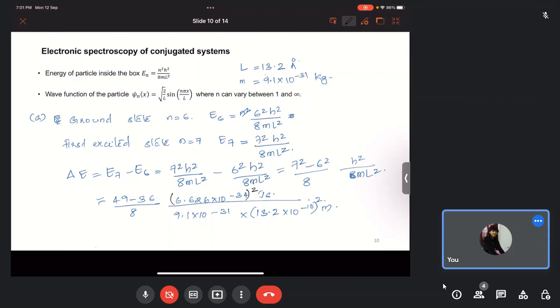Okay. So 49 minus 36 is 13 by 8. 6.626 square is 43.9 into 10 to the power minus 68, divided by 9.1 into 10 to the power minus 31 into 13.2 square, which is 174.24 into 10 to the power minus 20, and this will come to